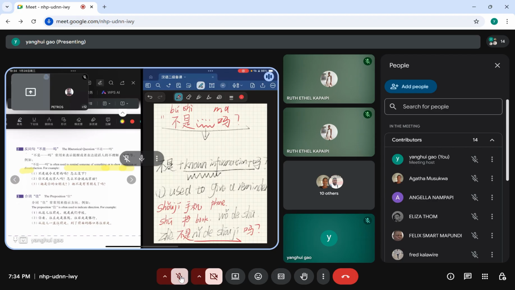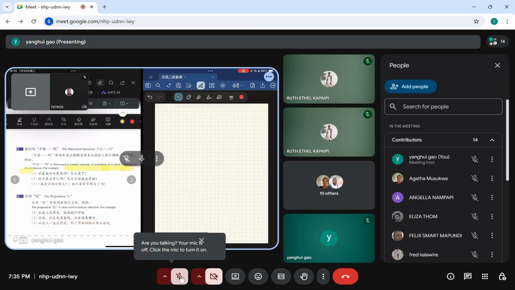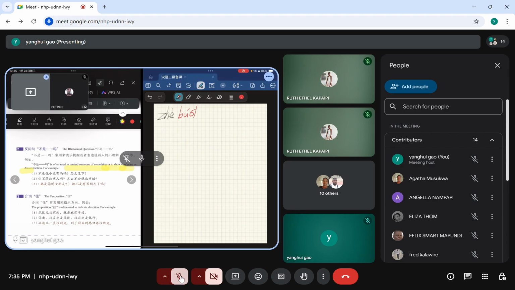You can say, isn't this your book? 这不是你的手机吗？Isn't this your phone? Sorry, your book: 这不是你的书吗？这不是你的书吗？